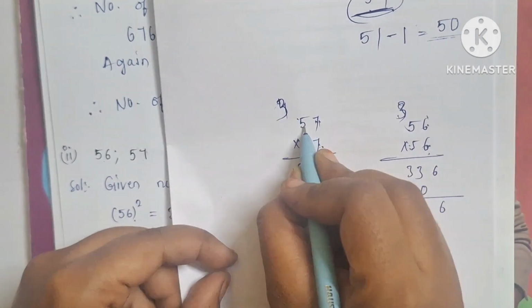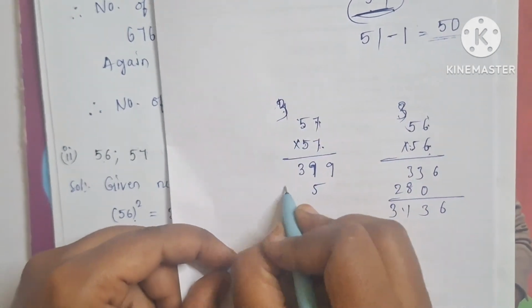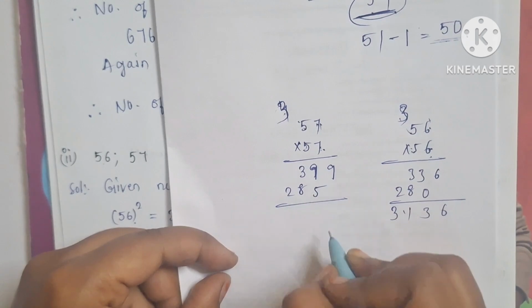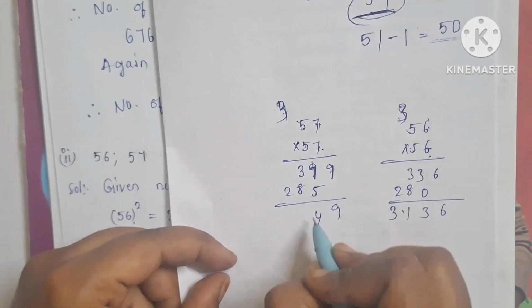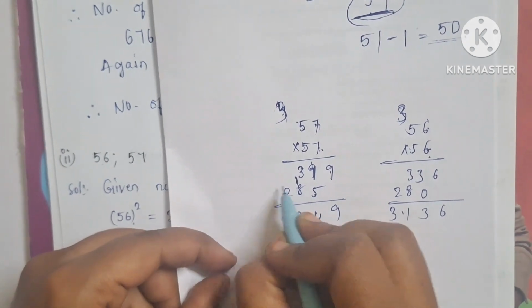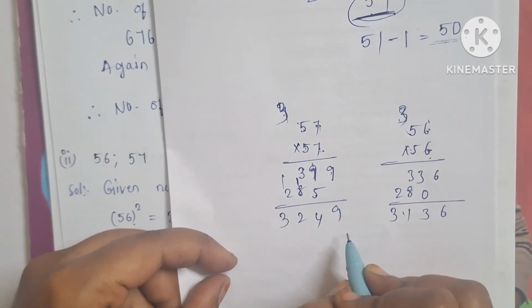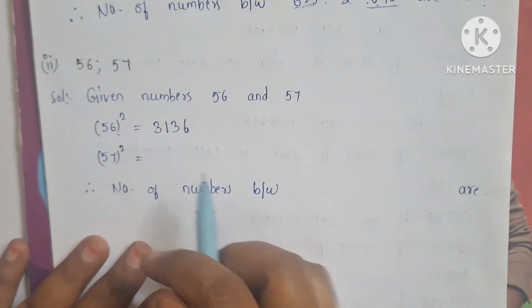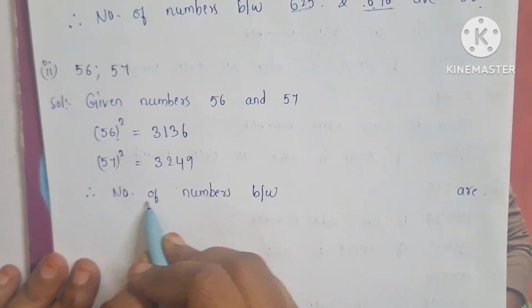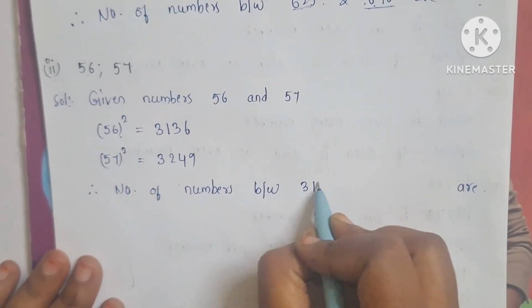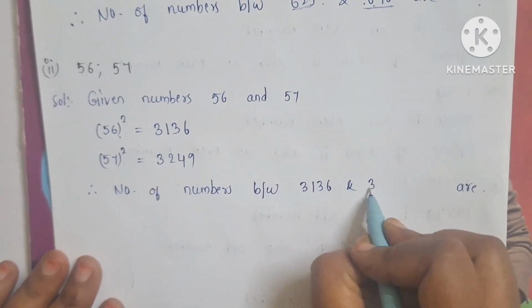3 5s are 15, plus... 3 5 5 is 25 plus 3 is 28. So 9 plus 5 is 14. Here 12, 3 2 4 9. What is the square of 57? 3249. Therefore, number of numbers between 3136 and